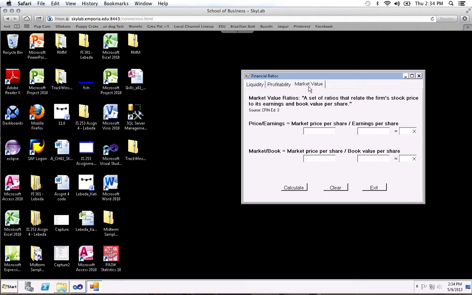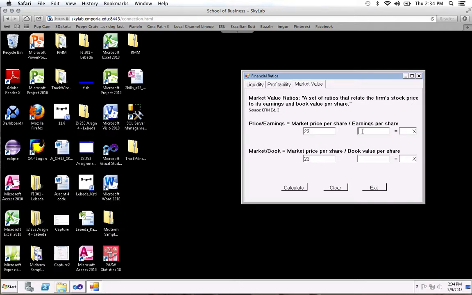Now let's go to the market value ratios. This is our last tab. And the two equations for the market value are price and earnings and market book. And market value ratios are a set of ratios that relate to the firm's stock price, to its earnings, and book value per share. Now let's input the market price per share as $23,